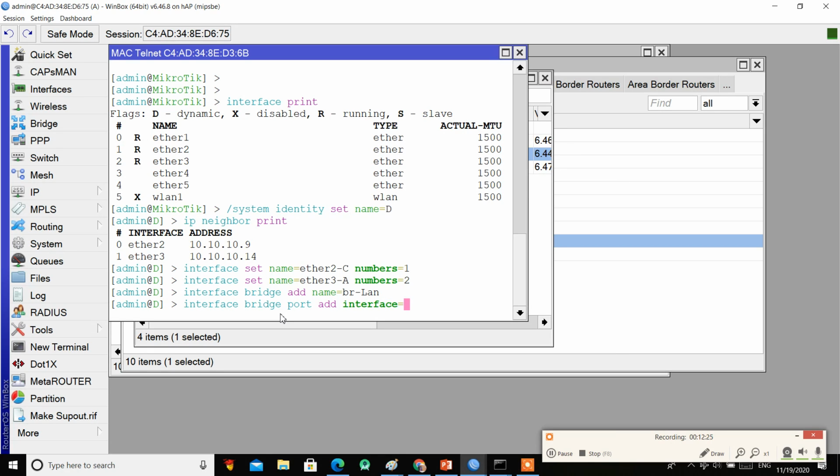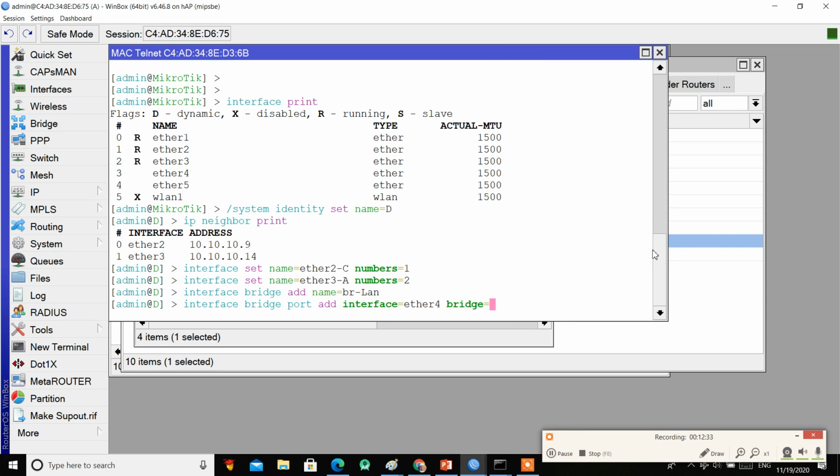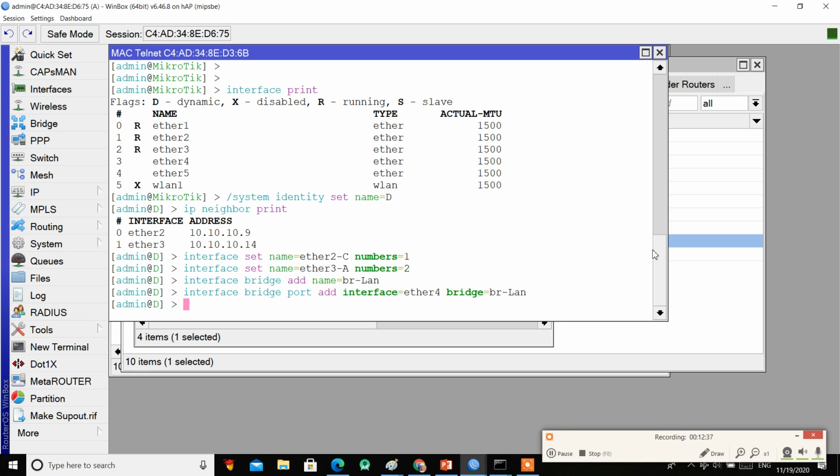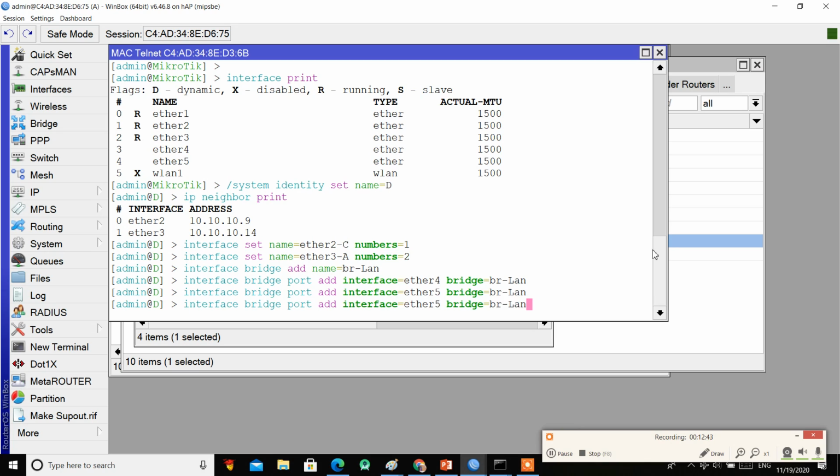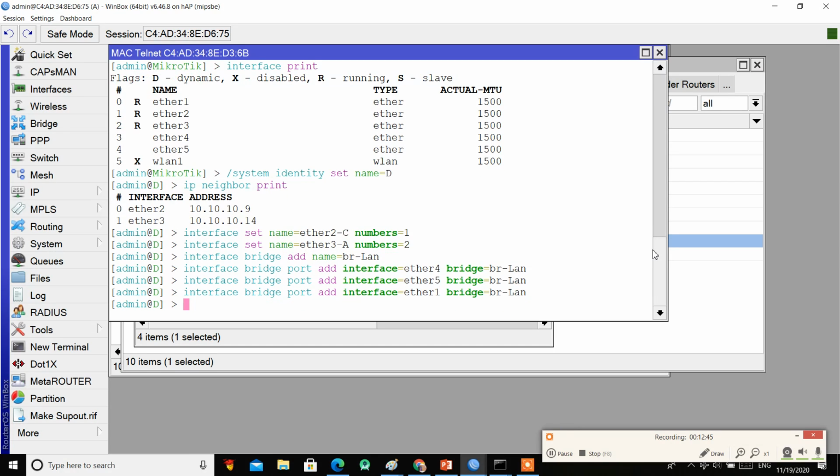interface ether 4 bridge br-lan. Okay, interface bridge ether 5 and also ether 1. Okay, and then go to IP address add address